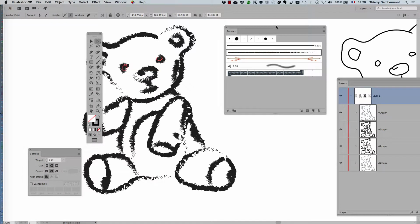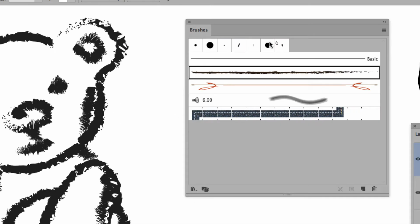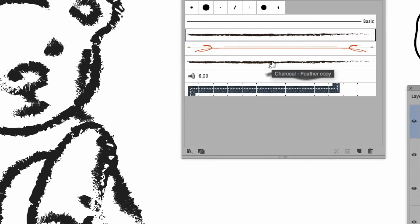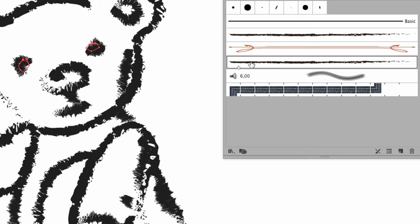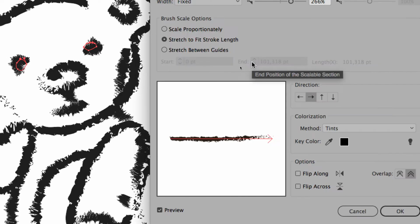And okay, first I will unselect because I have to duplicate my brush in the brushes panel. So unselect everything, take your brush, bring it to the new brush icon here, and you have a duplicate. And then I select the eyes of my teddy bear and I apply that new brush to it. And I will double click and modify